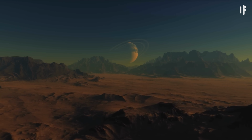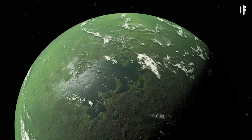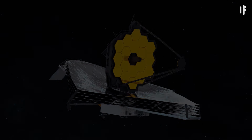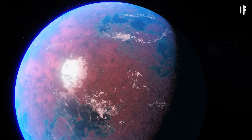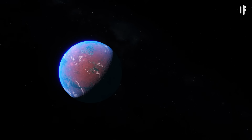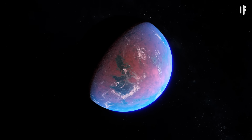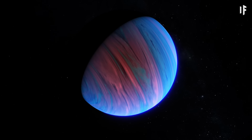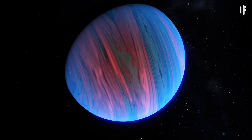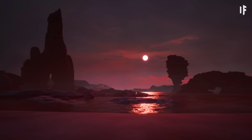The problem is, exoplanets are really far away. Trying to figure out what their surfaces are like just by peering through even our most powerful telescopes is not easy. Some scientists will argue that K2-18b isn't a super Earth at all, but a mini Neptune. And that's a bummer because, as you know, Neptune is an ice giant. And if K2-18b is also an ice giant, then the chances for alien life on this planet don't look so good. Now, you don't have a million years to travel to this world to discover it for yourself, so maybe